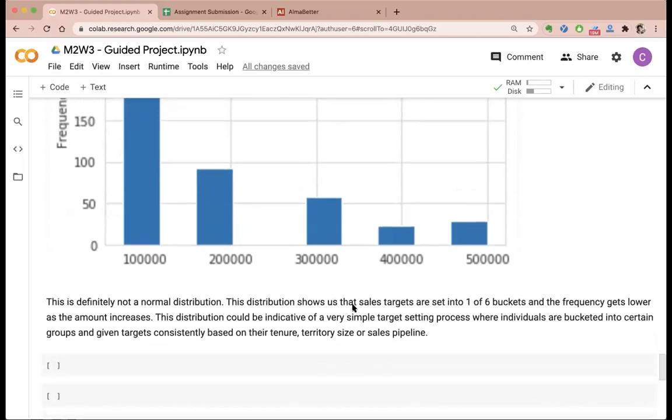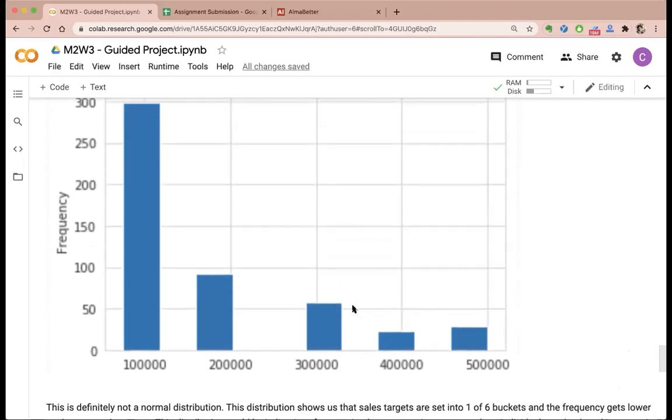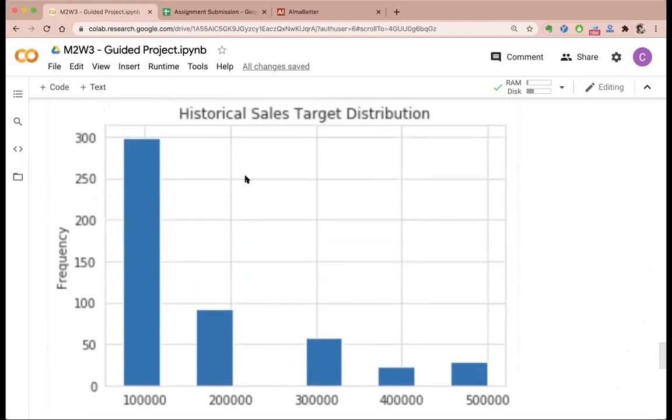So now we want to generate random variables from this type of a distribution. Okay, so let's say this is 300, this is 100, this is 50, this is 25, this is also 25, let's say. Okay, so these are the relative frequencies. Okay, so these are the frequencies.